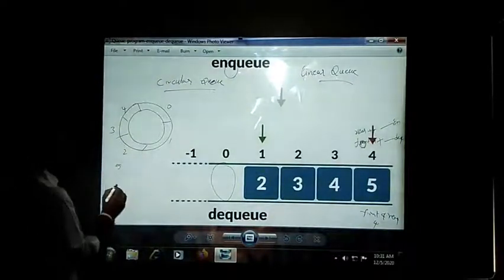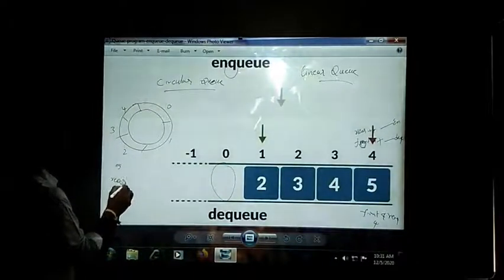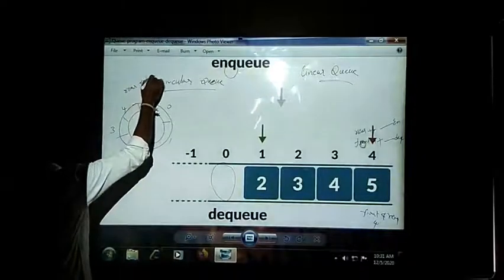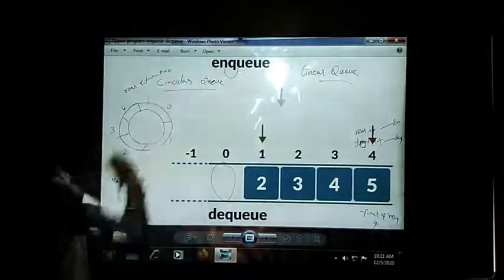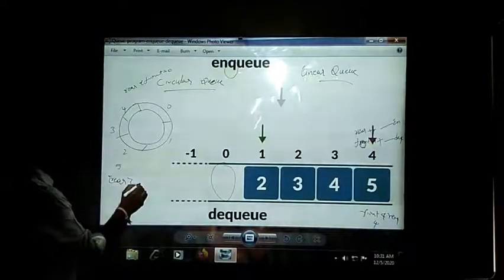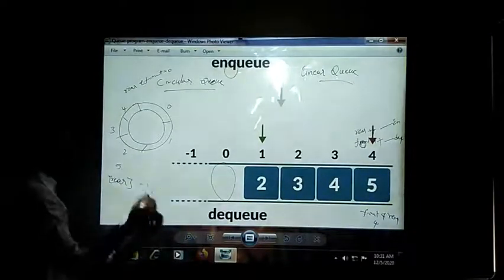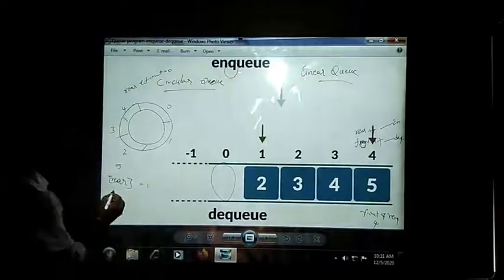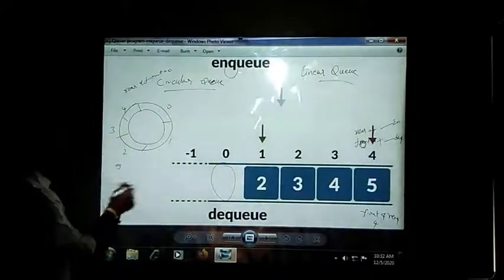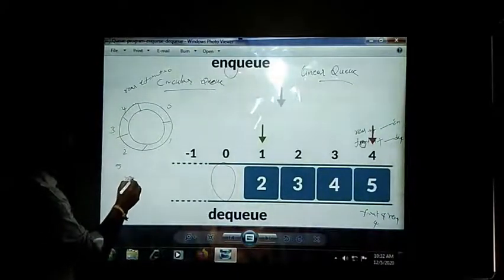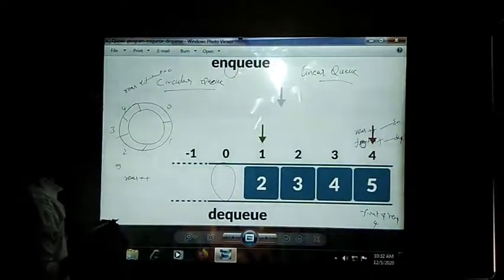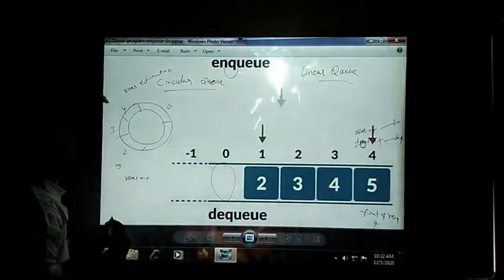Then I will be incrementing the rear value like this. Rear and front both will be initialized to 0 in the case of your circular queue. Then when I am inserting the first element, rear will be incremented and the rear value will be located at the next location. That is, rear will be incremented not like this: when I am inserting an element, I will not be doing plain rear plus one. It will be incrementing up to 4. Again, it will be saying that we have reached the maximum size.